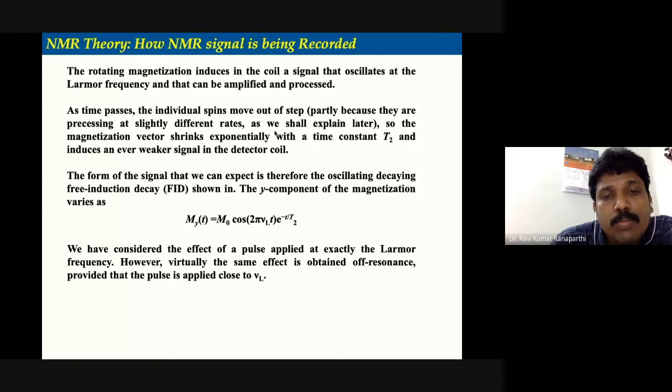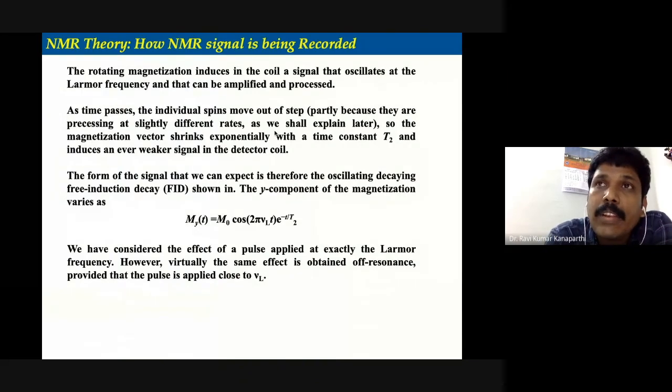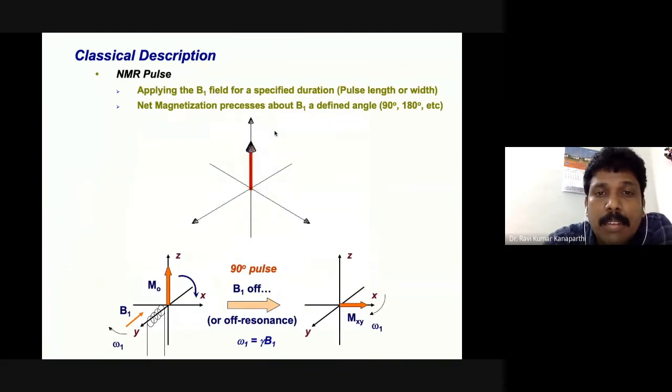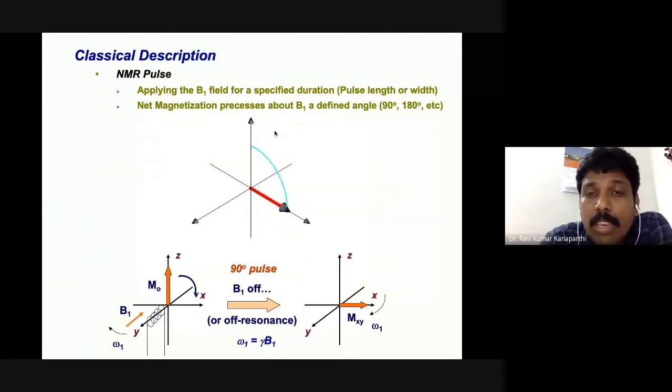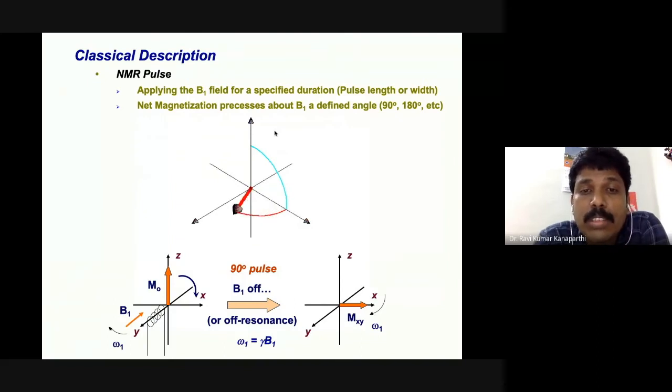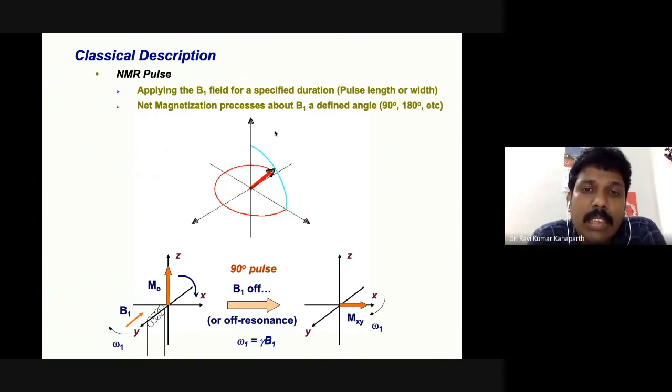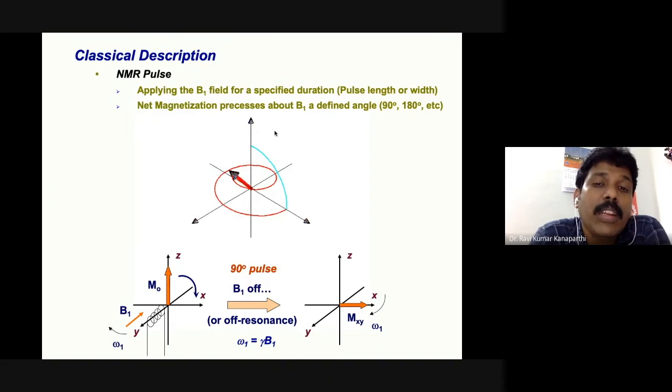So FID is something that is generally recorded. What is the FID? FID is the free induction decay. Where has it come from? Well, I have already said that initially we have this, and then afterwards the net magnetization vector, after stopping the B1, is freely decaying and going back to its original position, right? So this is what is referred to as the free induction decay.